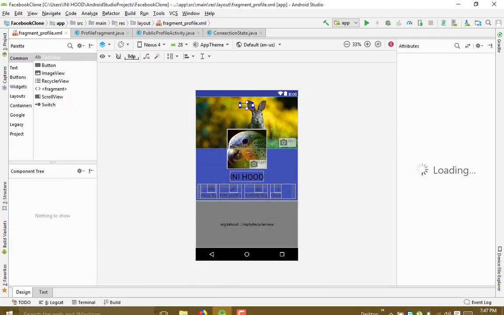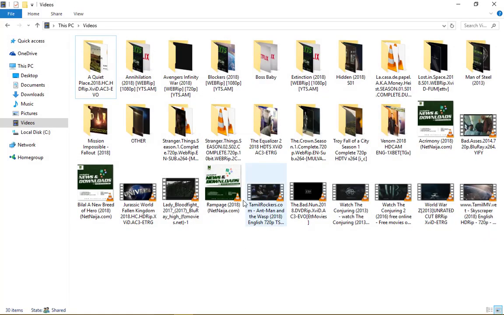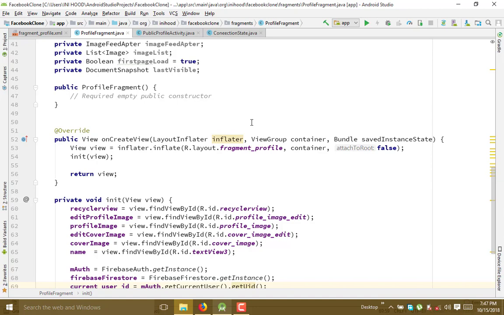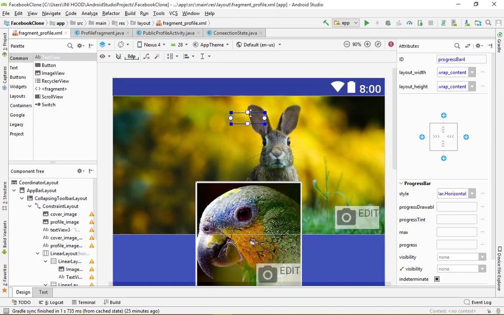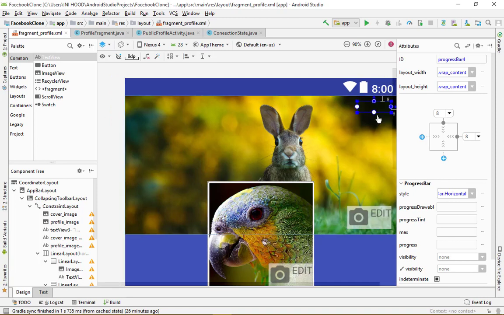I'm just waiting for Android Studio to respond. Okay, it has responded. So let's go back, and then zooming was too much. So let's constrain it as usual. Constrain the top to the top, and then the right to the right, the right to the right, and then left to the left, and then the bottom to the profile picture,